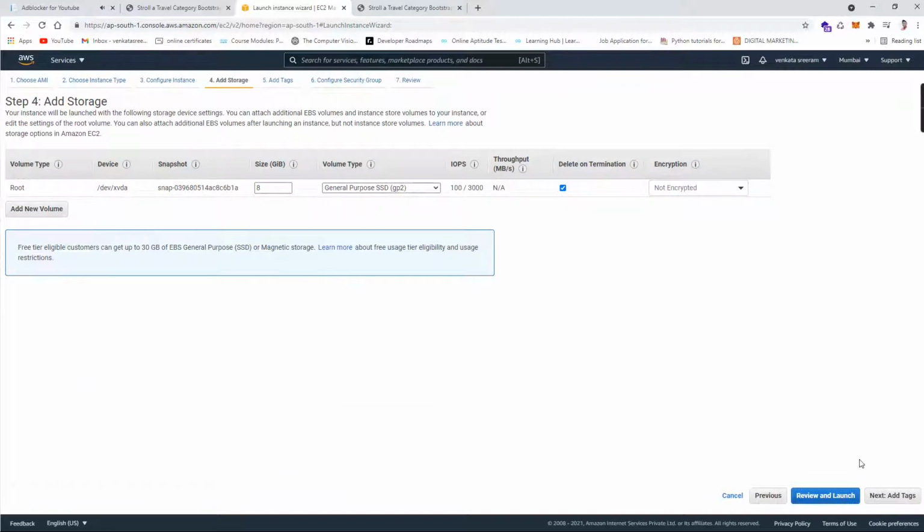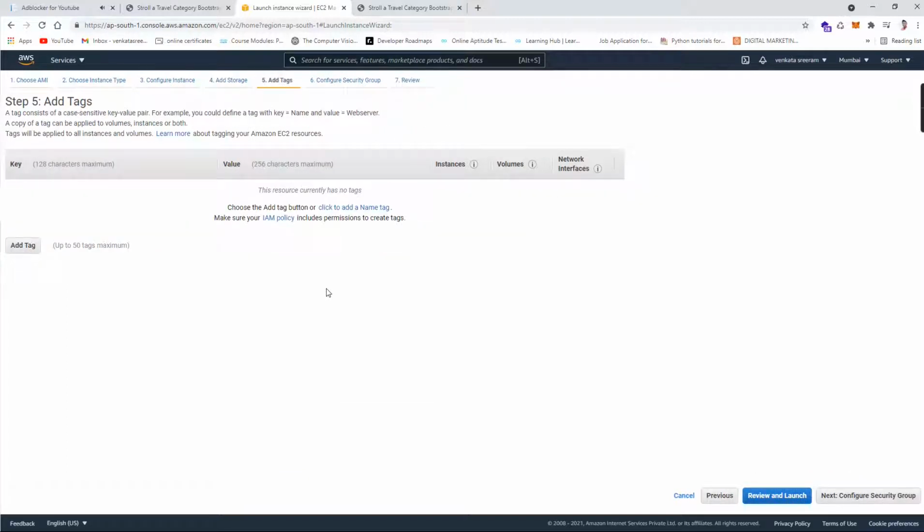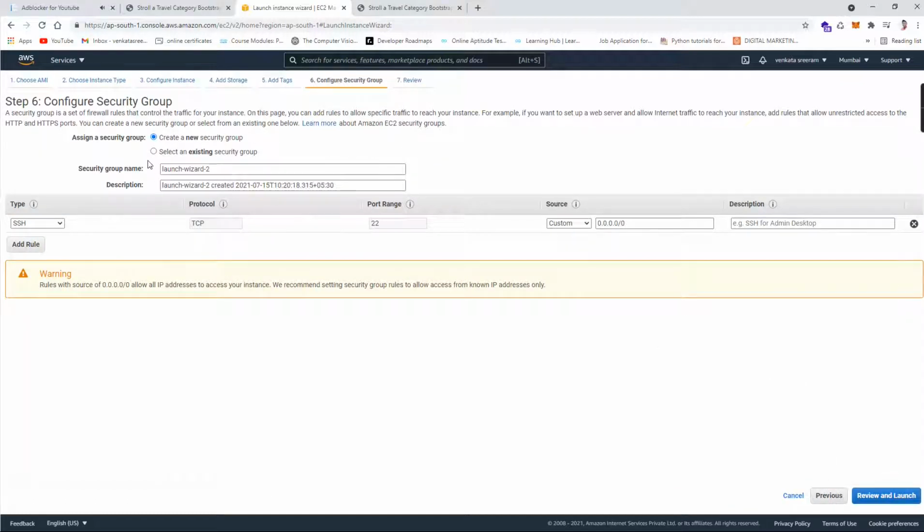Storage is fine, and no tags. Next, the security group: add a new security group. Before proceeding with the security group, I want to mention the protocols. There is a protocol called TCP and SSH.